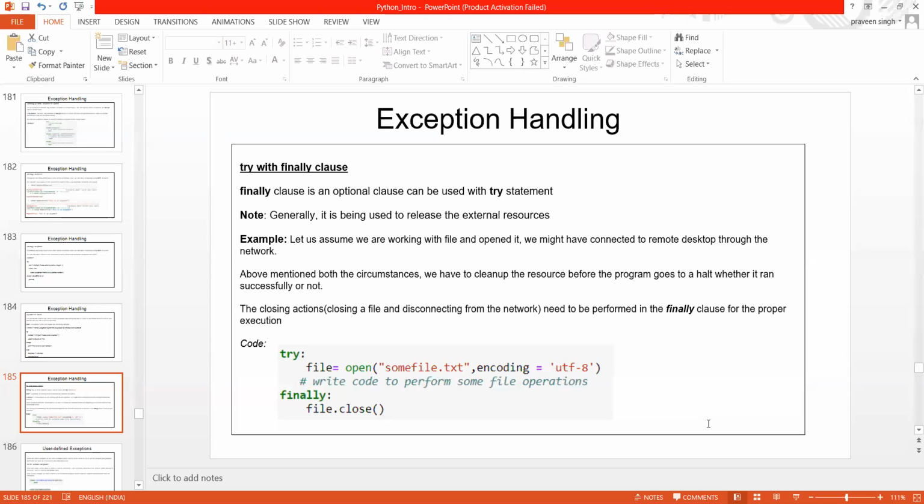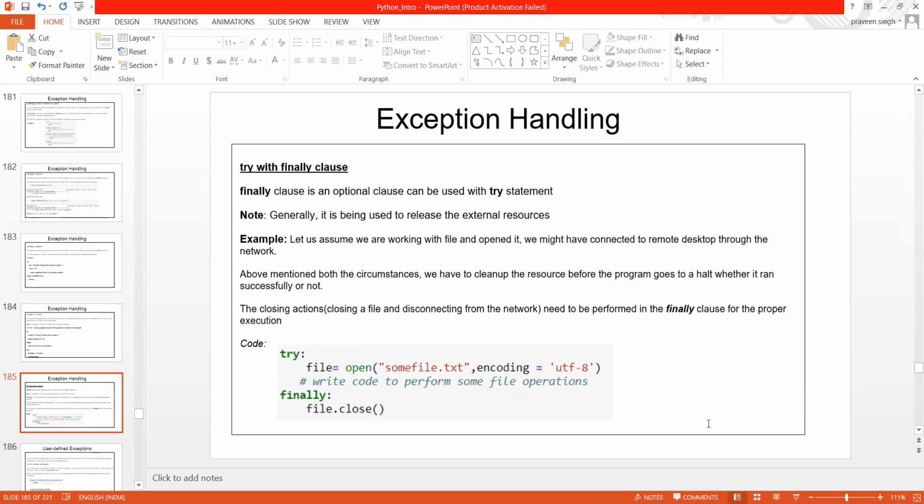Okay, so guys, please just think about it, why I'm saying external resources and why I'm giving you this kind of example. Now here in my example, I have clearly mentioned, let us assume we are working with a file and open it. When I say let us assume, that means you need to assume something.